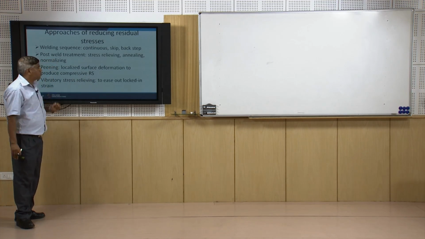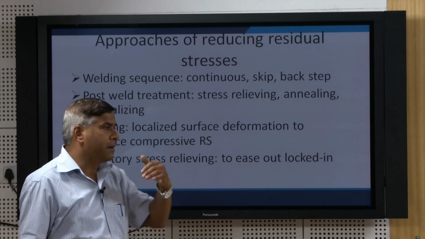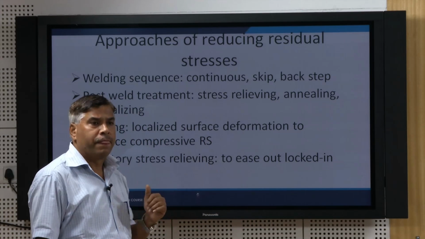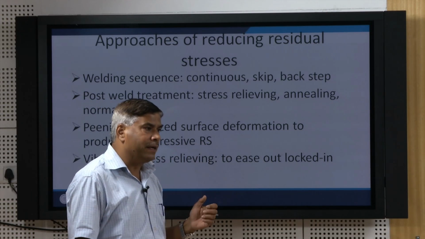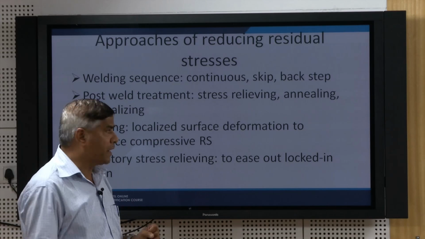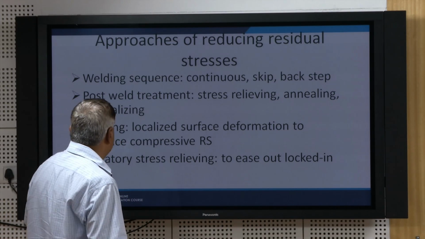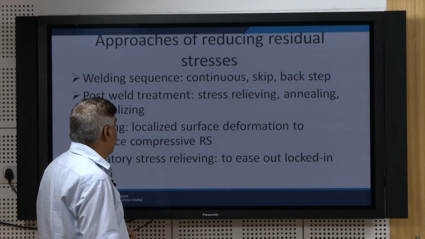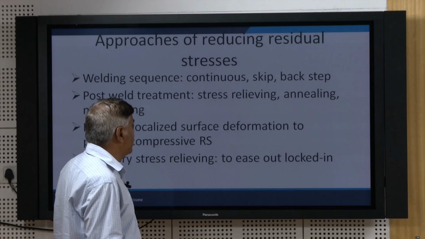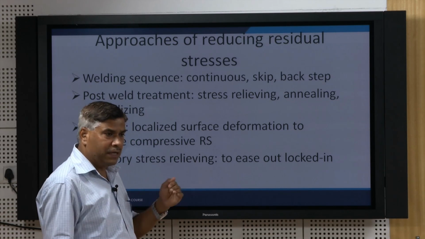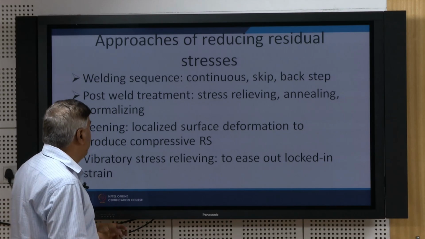Then we can do post weld heat treatment, because whenever heating is done at a higher temperature, it helps to soften the base metal, and once the base metal or the weld metal is softened, it relieves the locked in strain, and thereby helps to reduce the residual stresses. Shot peening, through localized surface deformation, produces compressive residual stresses, which helps in improving the fatigue resistance of the weld joint and relieves the